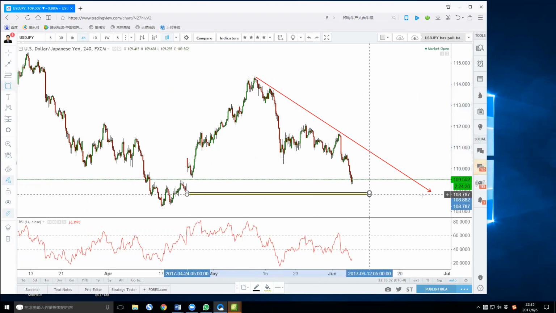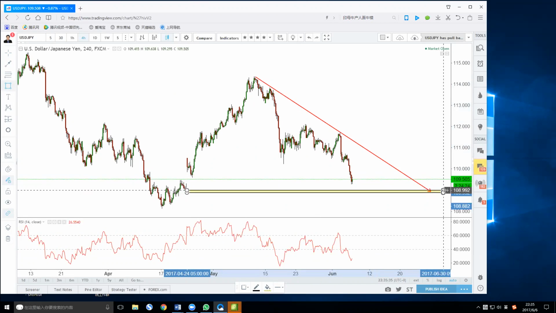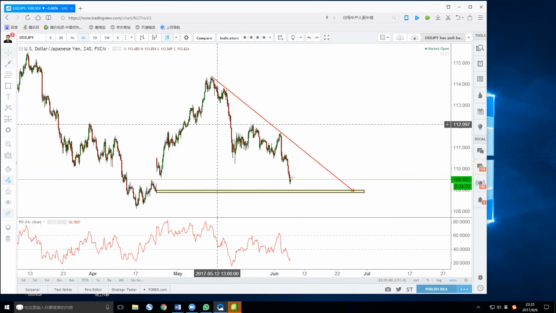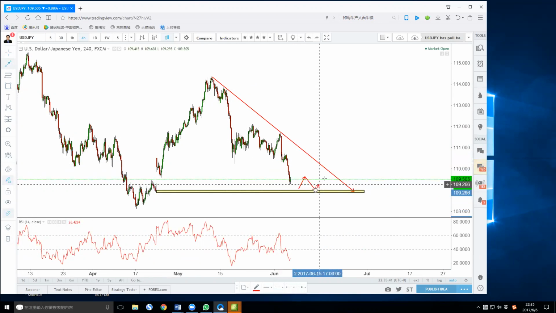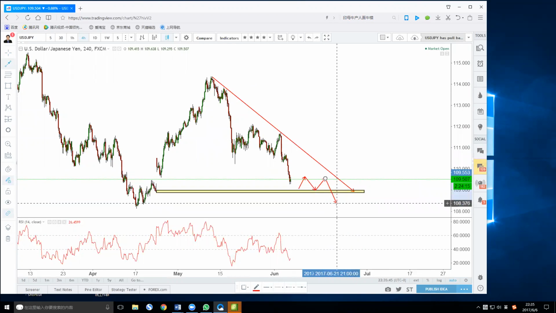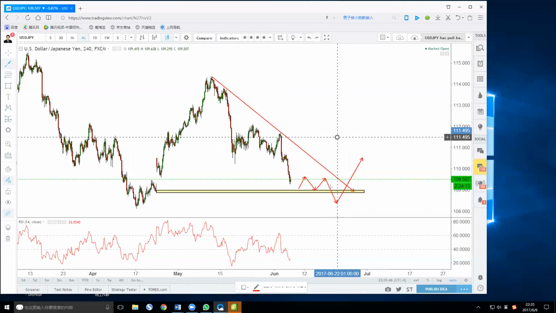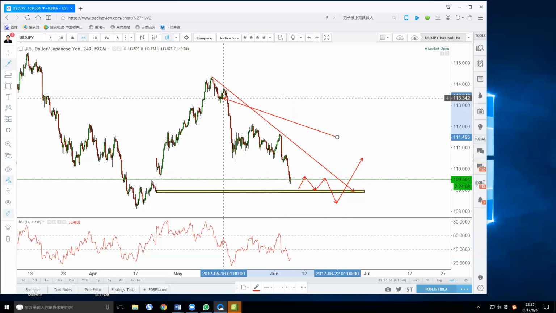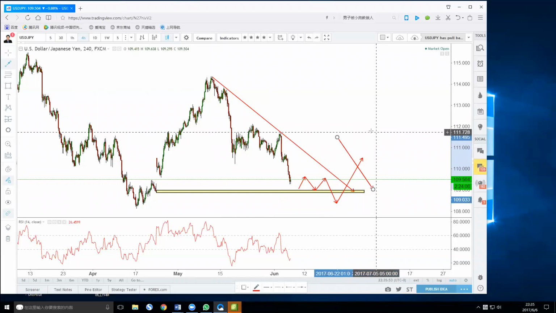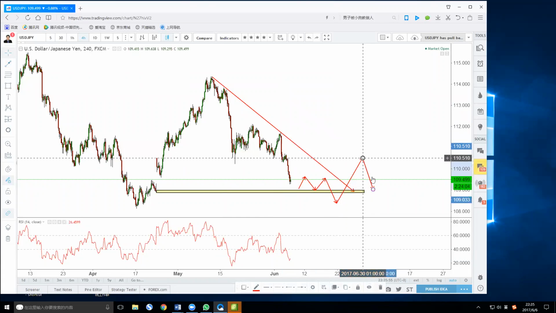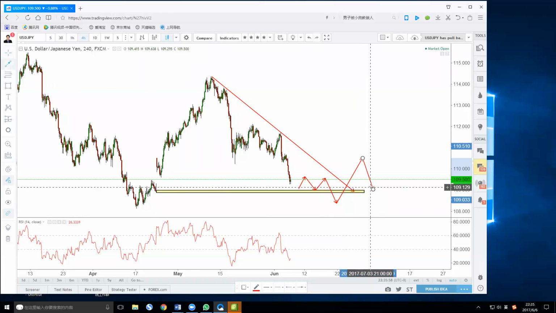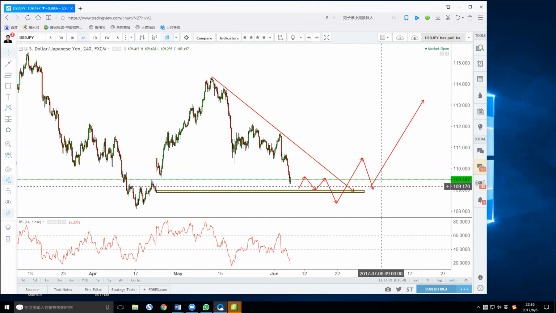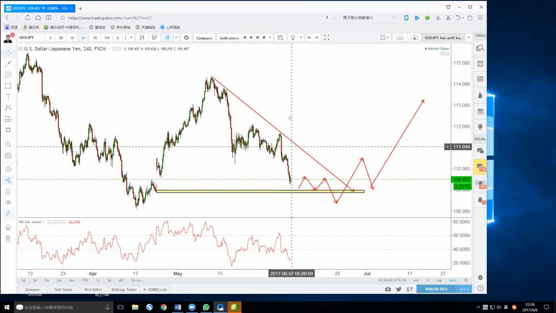We assume that the dollar yen will have some support at 109. So you have to wait for the price to go sideways, then maybe even a breakdown, then boom, it breaks up. So once it breaks up the downtrend line, you find a pullback to short. Oh, sorry, you find a pullback to buy again. Okay, only here, when it breaks the downtrend, then you can buy. Otherwise, you don't really buy.